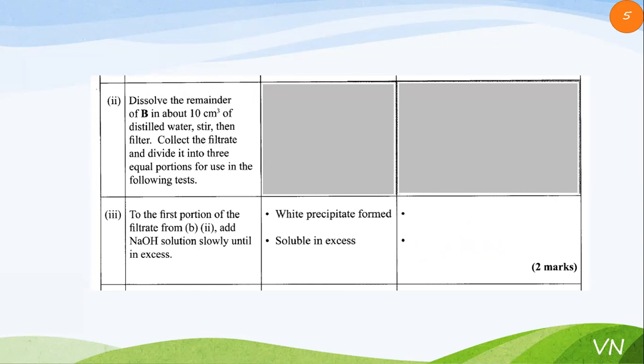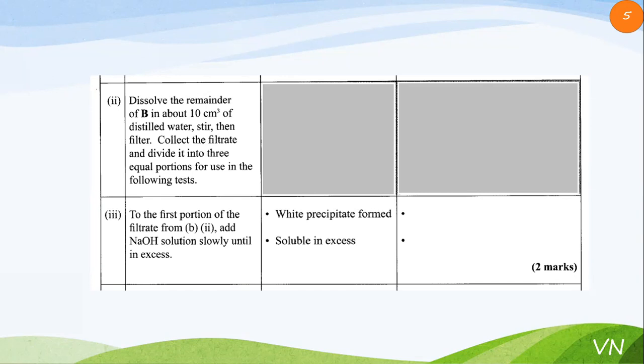All right, so for the second test, the students dissolve this unknown solid B in 10 cm cube of distilled water, stir, filter. We collect the filtrate and divide it into 3 equal portions and carry out 3 other tests. So for number 3, we see that to the first portion of the filtrate, sodium hydroxide solution was added slowly and then in excess. First of all, they get a white precipitate forming, and then we notice that that white precipitate is soluble